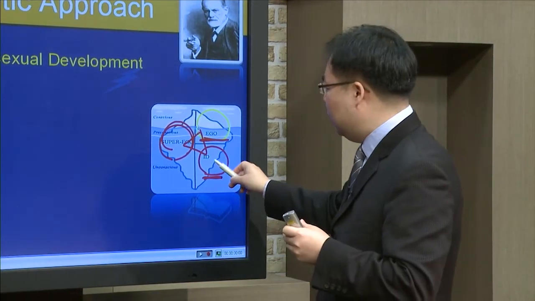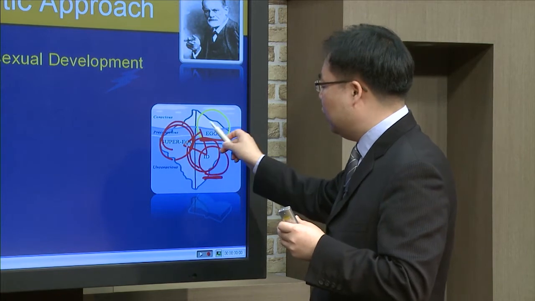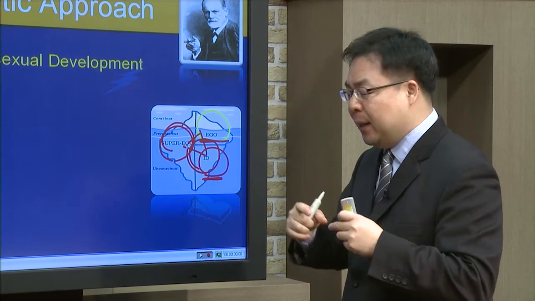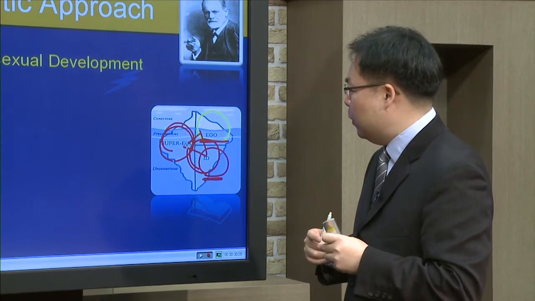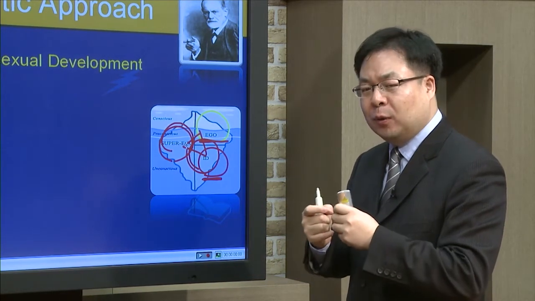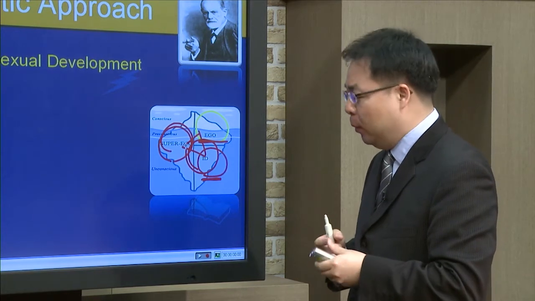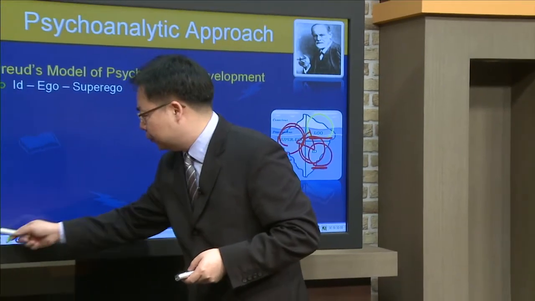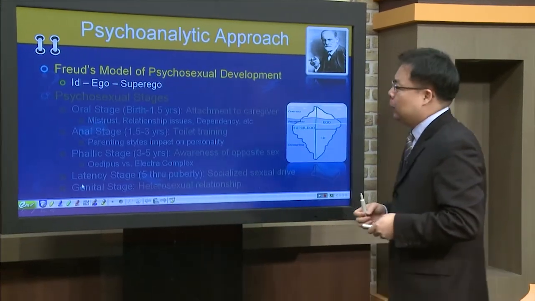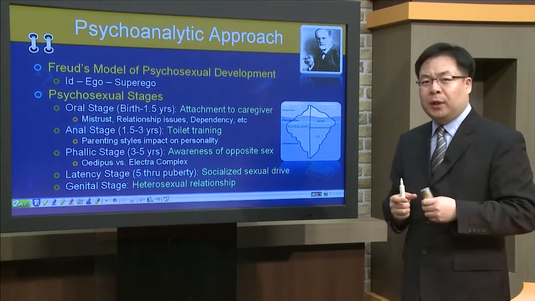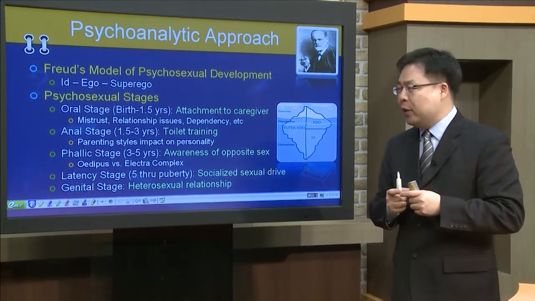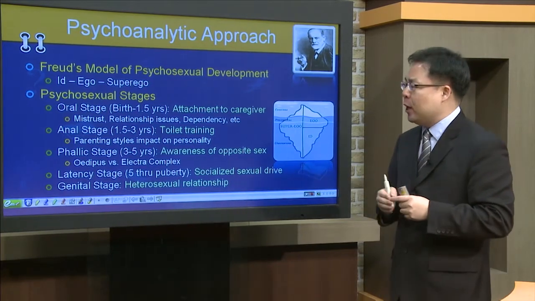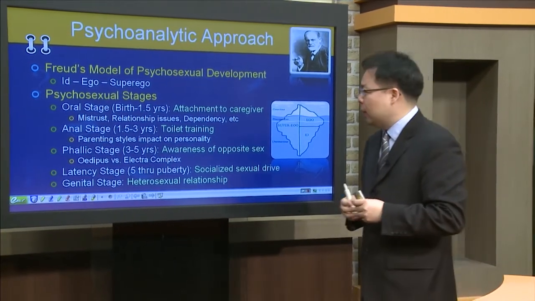When the id tries to evolve, the ego tries to let it down. So that is a kind of dynamic. That's why it's called the psychodynamic theory. And if you look at the next part in his theory, Freud suggested different psychosexual stages. If you look at here,